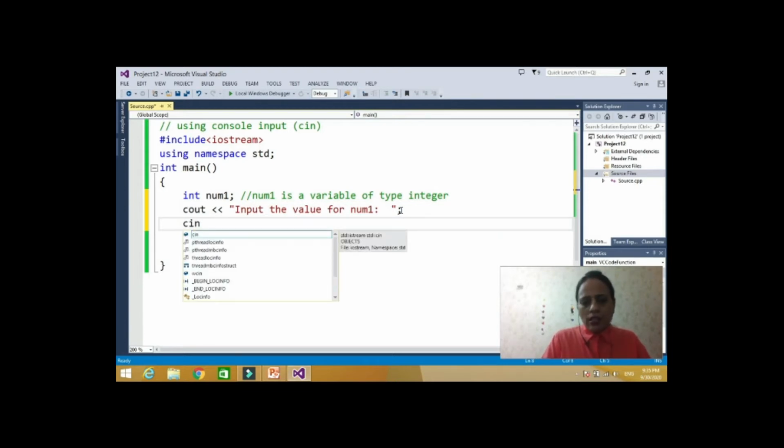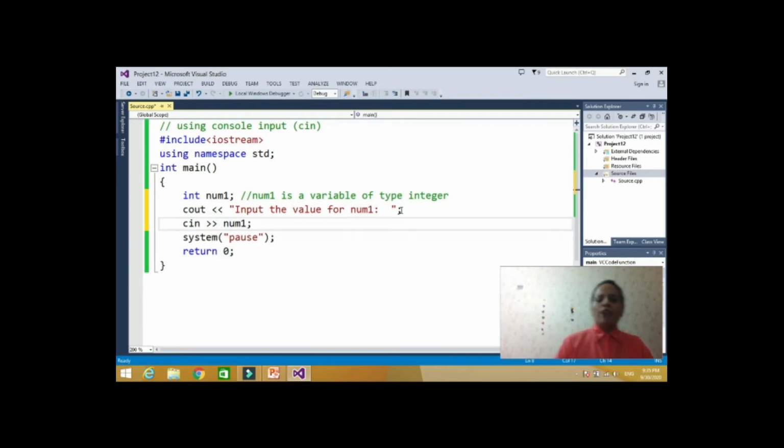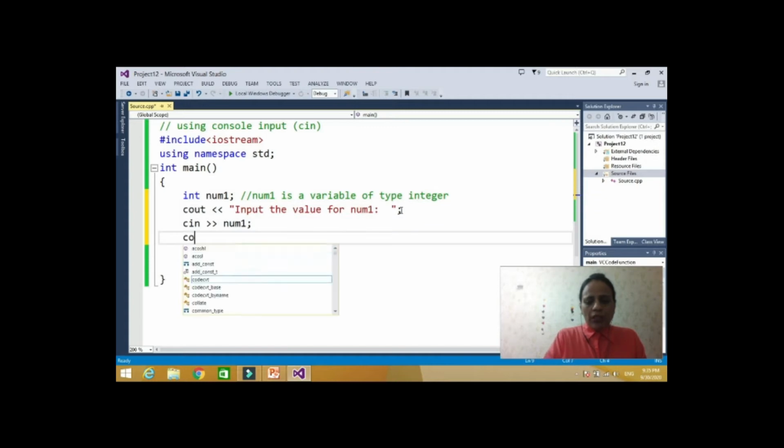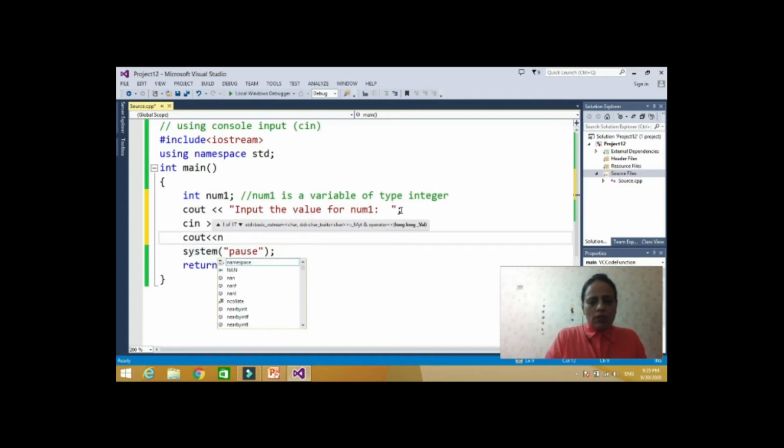The cin is the object of the istream class and these two symbols are known as the stream extraction operator. So when I write cin num1, it means whatever I enter through the keyboard, that value will go to num1. Now let's print this num1 also, cout num1.